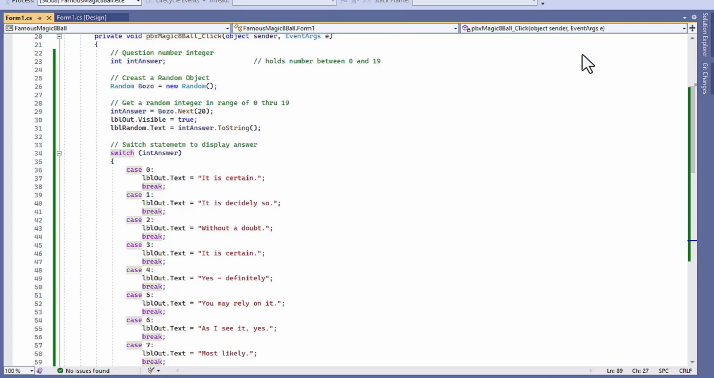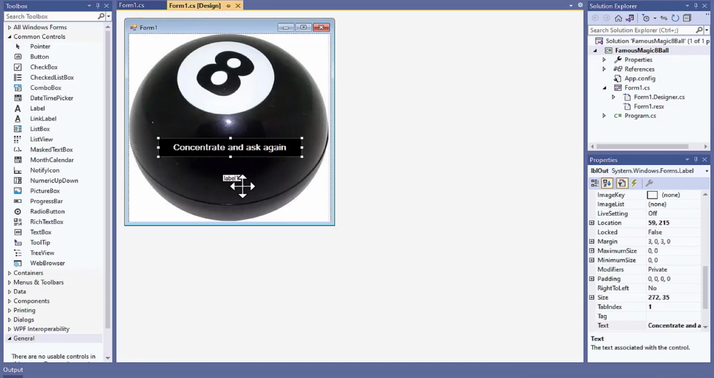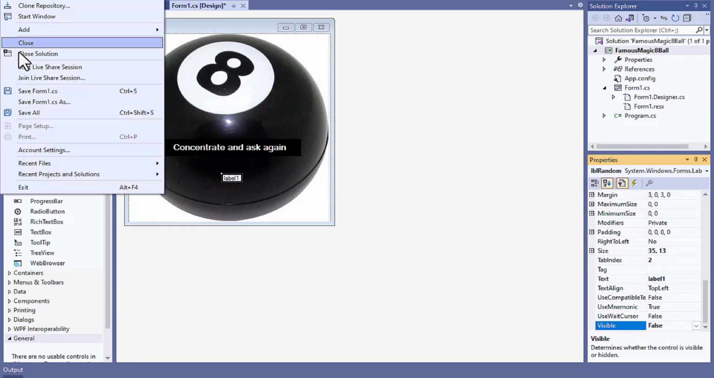We can change this now, since we, as programmers, know that we're reading the right number. So we can actually make this particular property right here invisible. We don't need to see it anymore. And so we'll go ahead and take the visibility on that and make it false, save our program,